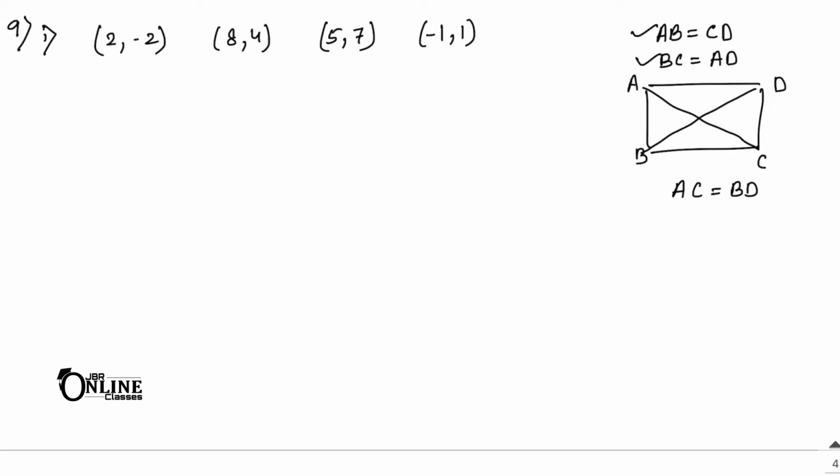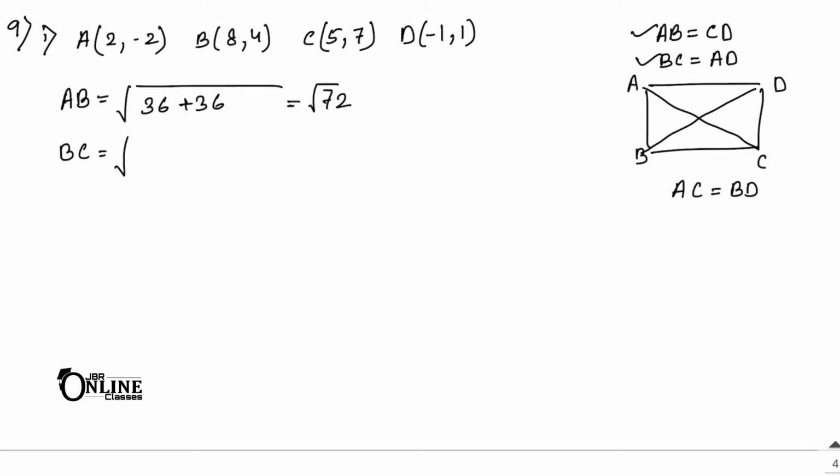So as here these four are the vertices, suppose this one A, B, C, D. Clear? Now find out the length of AB. So you know root over, then x1 minus x2. So here 2 minus 8, that means minus 6 whole square, so it will be 36. Next one, minus 2 minus 4, again 6, so it will be 36. Okay, so that equals root 72.